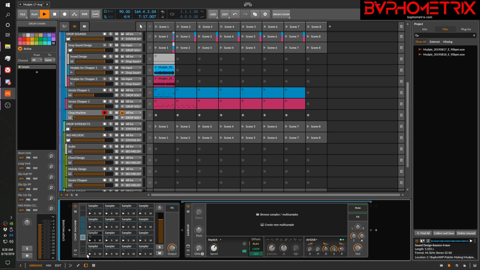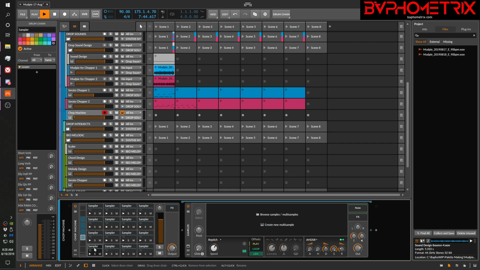Now, I typically don't like to make big, huge drum machines, even though I have 64 pads on my Push. I like to work with 16 pads for drops because 64 is just too many to remember. I like to come up with riffs and patterns that I can remember in this simple 4x4 layout. So if you create a drum machine and put an empty sampler in the first pad slots that make sense for you,